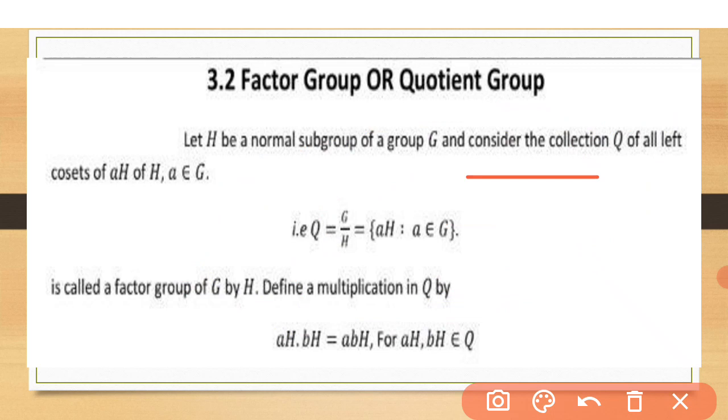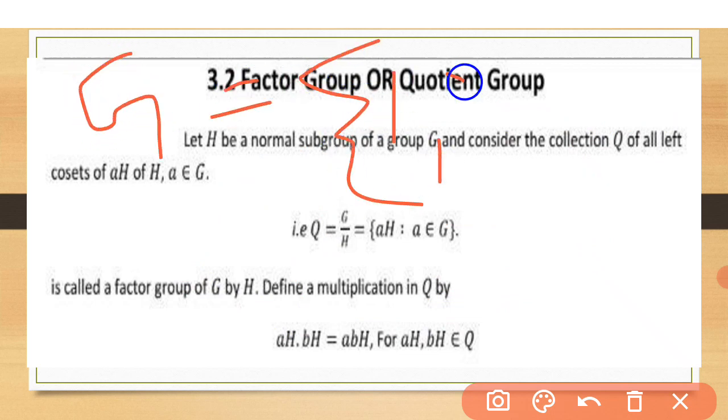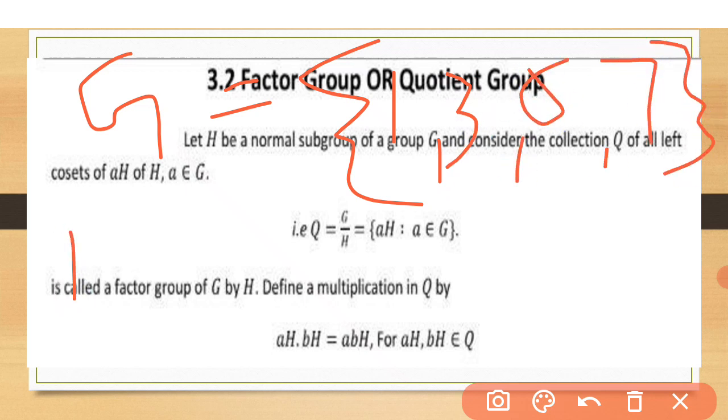I will give in the description the link of my video on left and right cosets, what are left and right cosets. You can see that video. I hope you will understand completely what left cosets and right cosets are. Shortly I want to tell you what left cosets are. If we have a group G which is equal to {1, 3, 5, 7} and we have a subgroup H is equal to {1, 5},